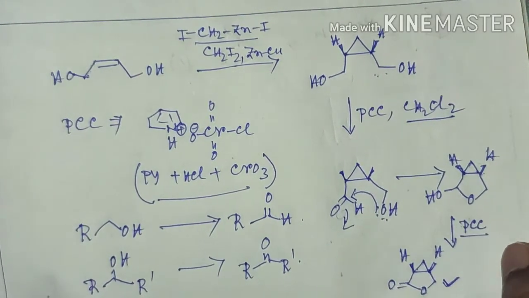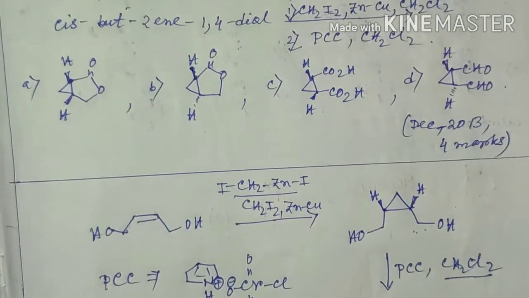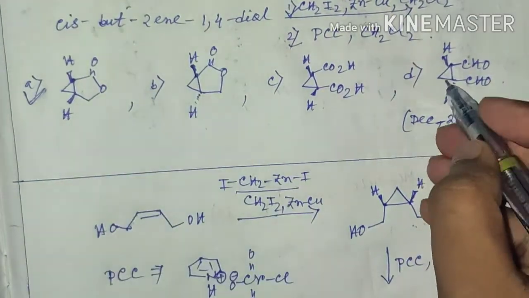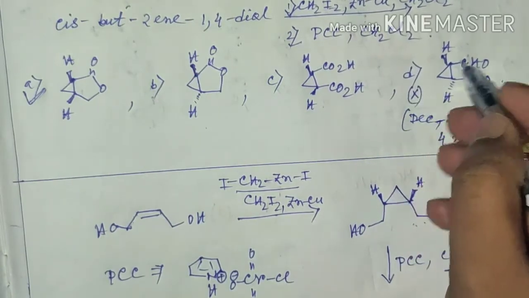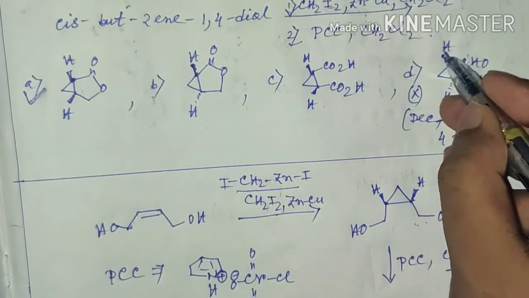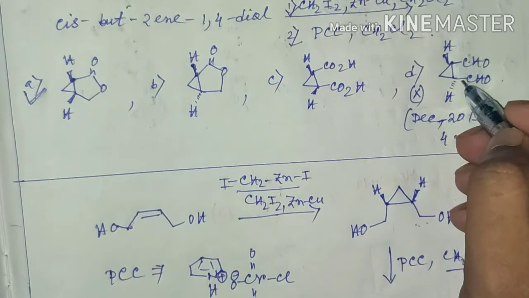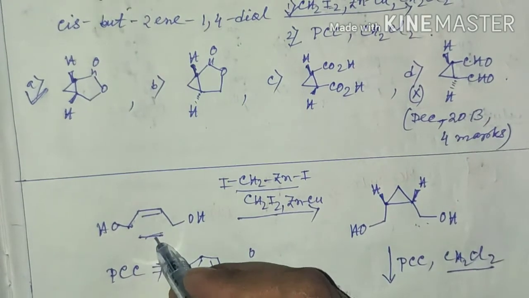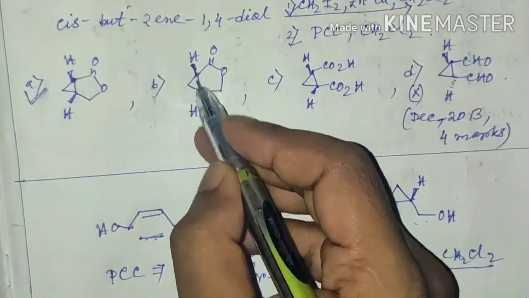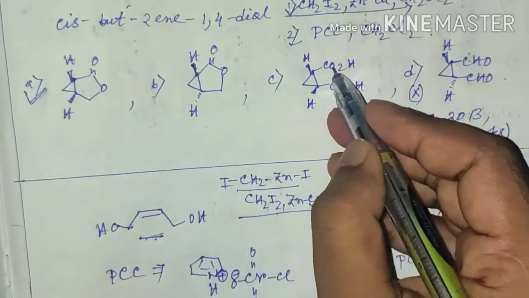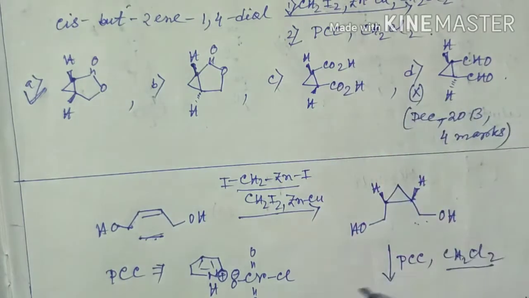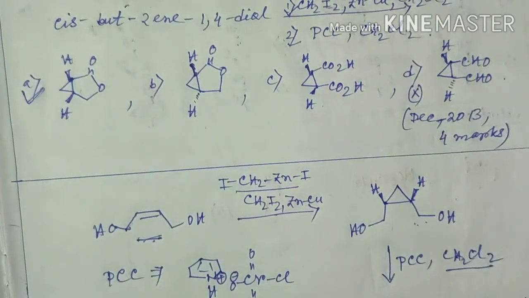Is it okay? So we can see from the given options that option A is the correct answer. No dialdehyde product will be formed. In another option, the two hydrogen atoms are in opposite directions, but they should be in the same direction since the starting alkene is cis. It is also not possible since the two hydrogen atoms are opposite to each other, and here there is oxidation to acid, but that is also not possible. So A is the correct answer. Next, see another question of previous year CSIR NET.